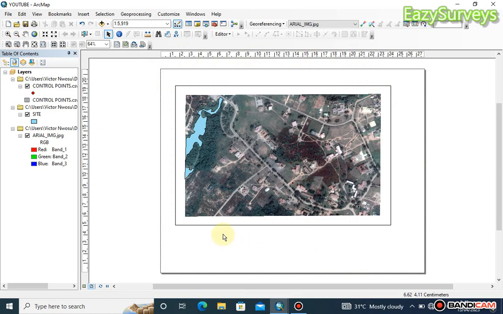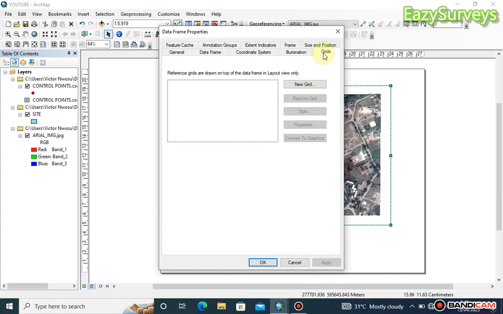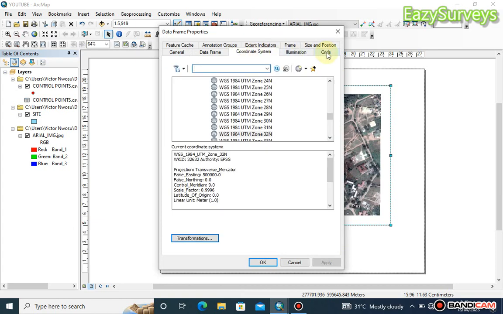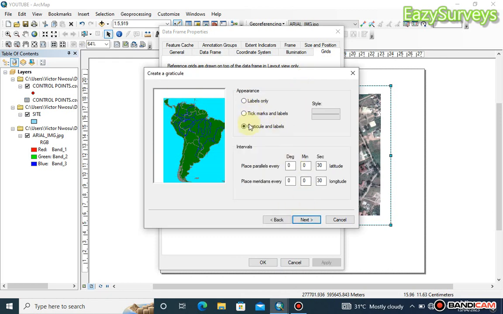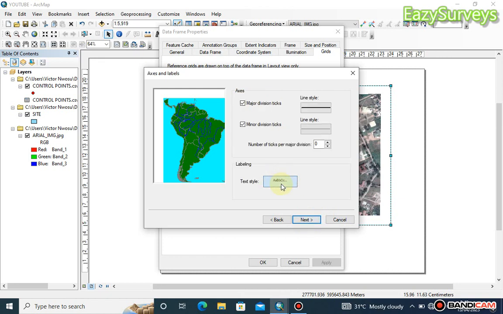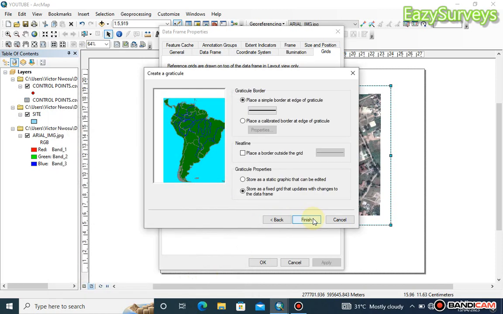So the next thing to do is we are going to be adding the grid. Right click on it, go to Properties, go to Grid. In case yours is on coordinate system, you can click on Grid, go to New Grid, leave it on graphical. Go to OK, leave it on graphical and labels. You can decide to change this to 20 or something lower so that you have more grid divisions on it. So click OK, go to the text type to increase the font of the grid. You can decide to increase the size to like 10, then click OK, click Next,